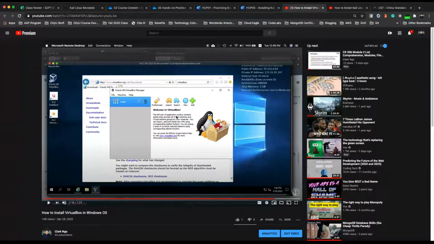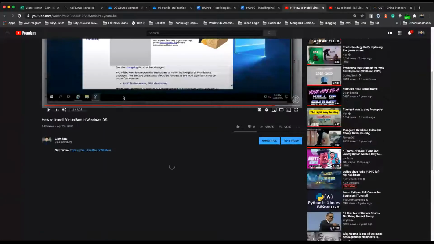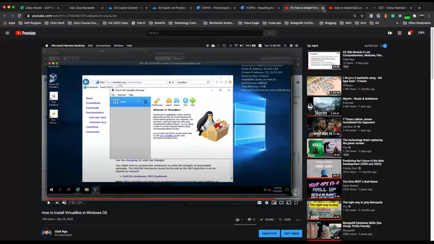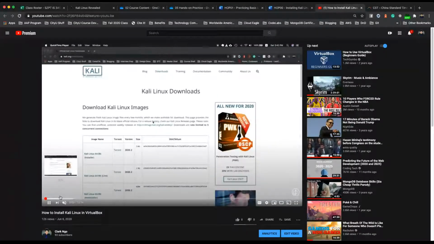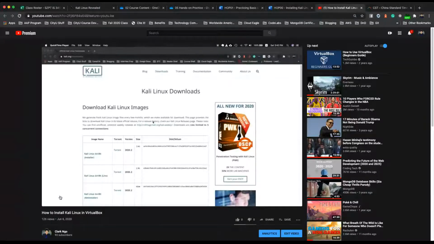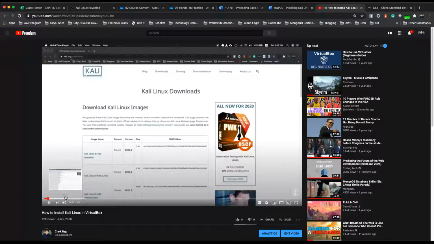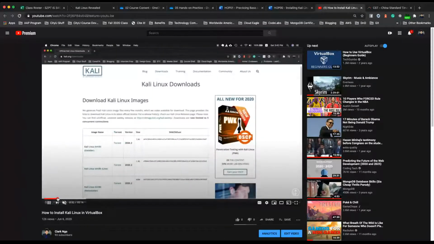Now you should have an interface like this with the penguin, the plus, the new, the tools, and it should be called Oracle VM VirtualBox Manager. Once you have that, you have an application to run your virtualization. Now you need to go to Kali Linux to download that operating system.